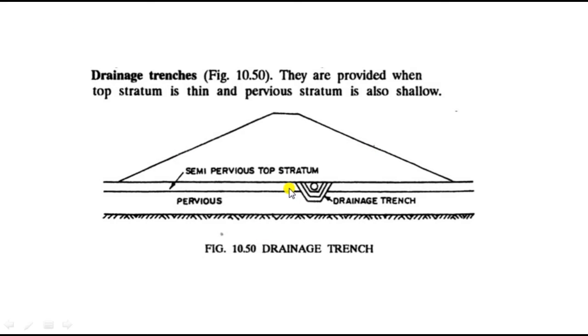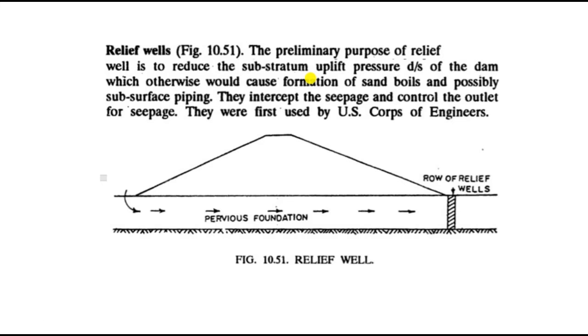Drainage trenches: those trenches consist of perforated pipe and carry all the water beneath the surface of our embankment. Relief well: that is a well which is created, and the extra water is pumped through it, and the water flow safely passes out through that and does not escape through the embankment.